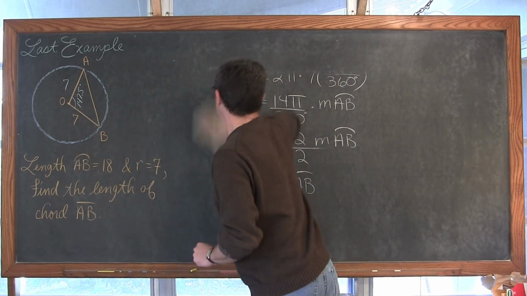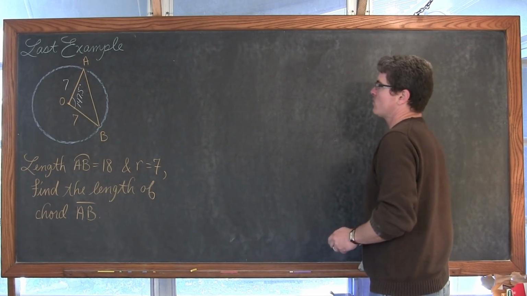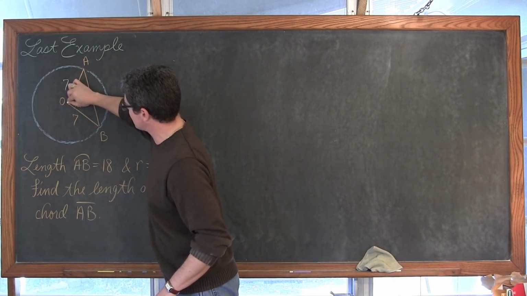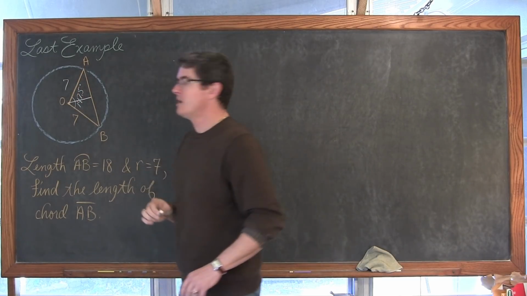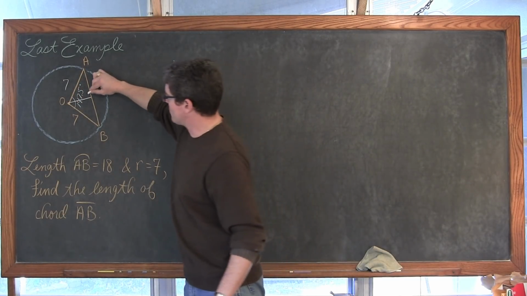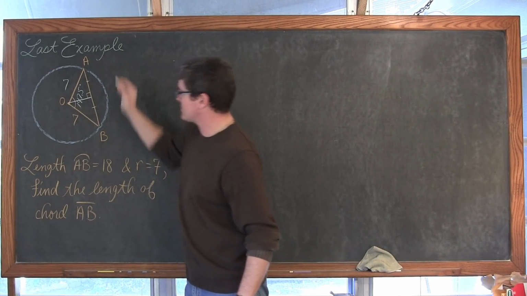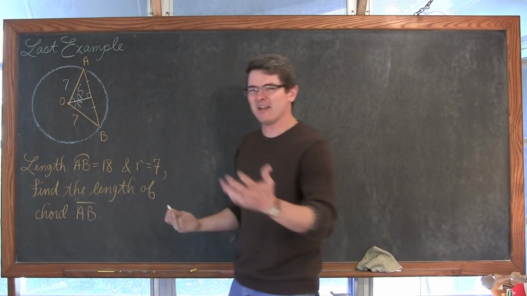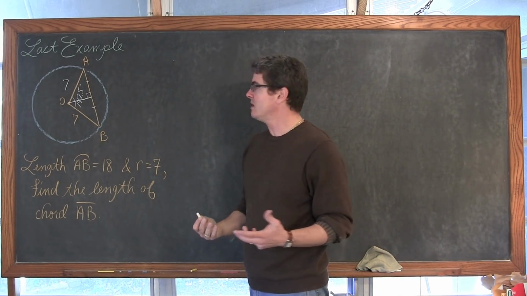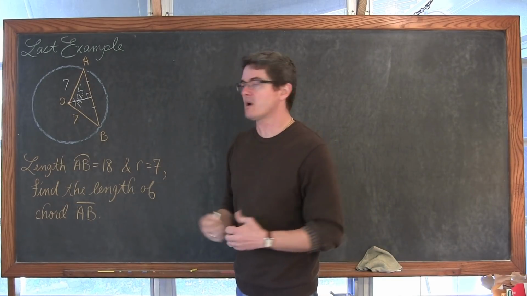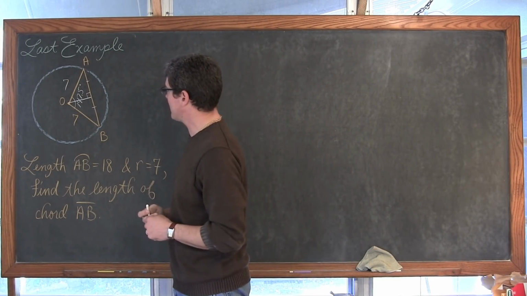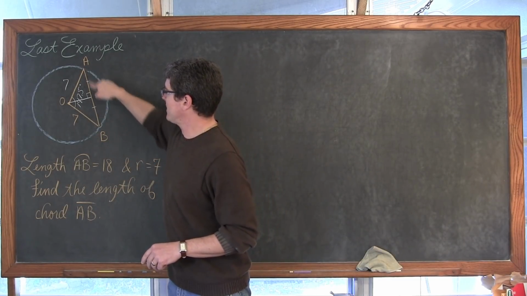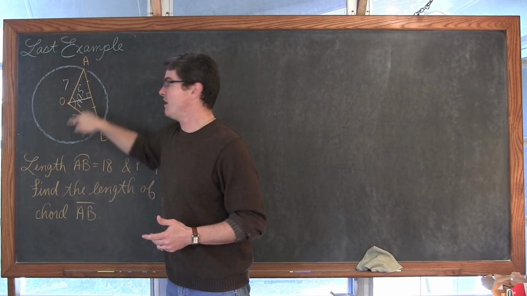So we're going to take this off, and we're going to talk about right triangle trigonometry. We're going to drop an altitude down through this isosceles triangle. That altitude is going to become a perpendicular bisector to the chord, or the base of our isosceles triangle. See how this is tying together? I like doing right triangle trigonometry in geometry because I get to bring up these old concepts I've covered in class and keep these ideas fresh in my students' minds. So I'm going to pull this right triangle out of here. And that is not only a perpendicular bisector to the base, but a bisector of the vertex angle.